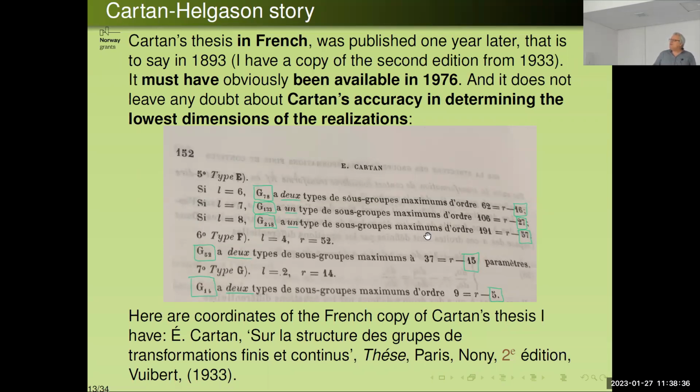There is 1 realization of E8 in dimension 57. There are 2 realizations of F4 in dimension 15, and there are 2 different realizations of